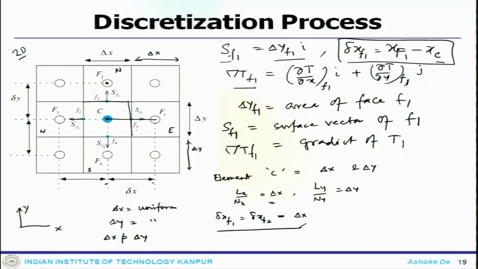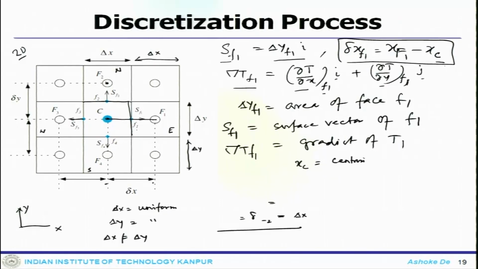Similarly, delta T F1 is a derivative of delta T at phase 1 x component, and derivative of delta T at phase 1 y component with j. So, that is what you write as delta T F1. Even then, if you look at the other components, the xc and all these, they are the centroid of the C element. So, you can write down the other components.